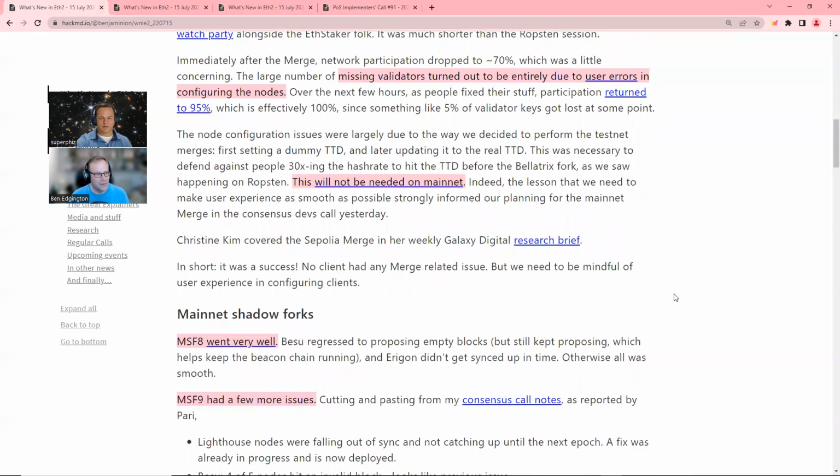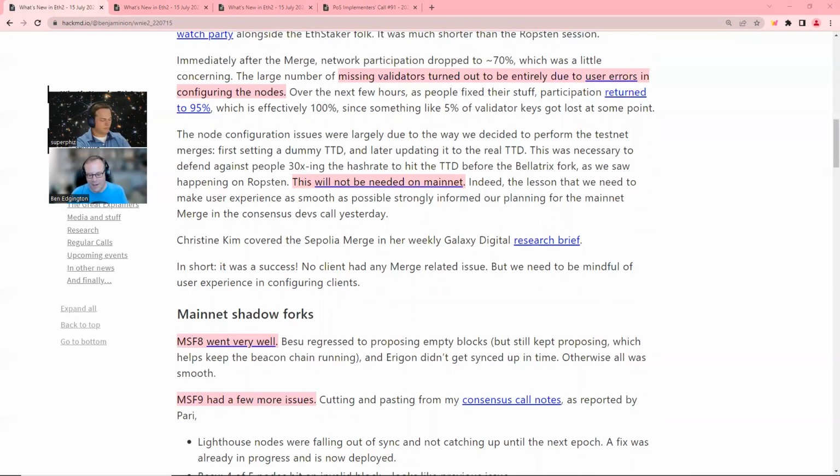It is a good reminder, Fizz, that I've been seeing again the last couple of weeks, people saying, oh, we need to be in a position where the merge is flawless, and that is just not the case. I mean, the chain is designed to be resilient. It is designed to degrade gracefully, and subject to not losing. Even if we lose more than 33% of the nodes, as long as they're back online in a few hours,